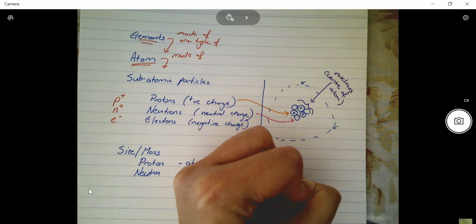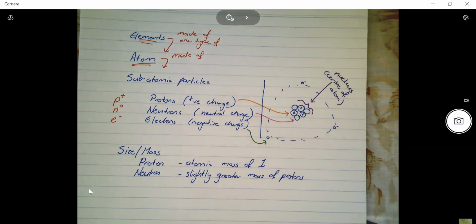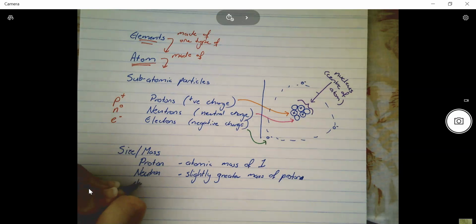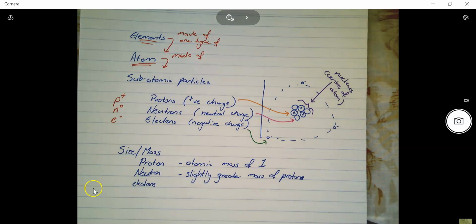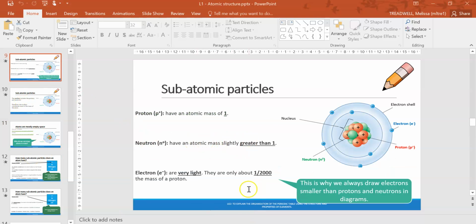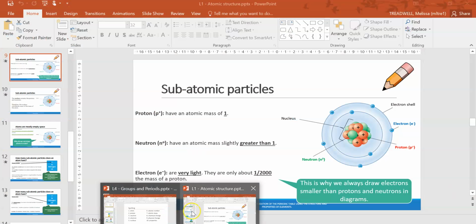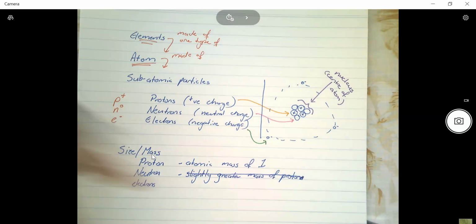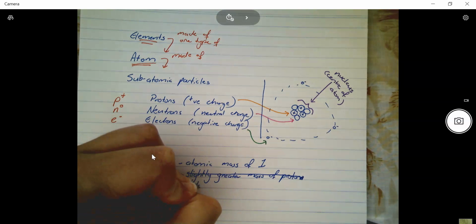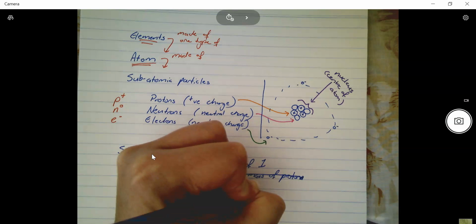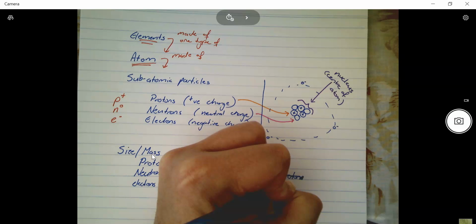That's not very good language. Okay, so they have a mass slightly greater than 1. And then our electrons, I don't like the language I used. I'm just going to go back up here. Okay, atomic mass slightly greater than 1. So we say that's slightly greater than a proton. Okay, so I'm going to get rid of that and say they have an atomic mass slightly greater